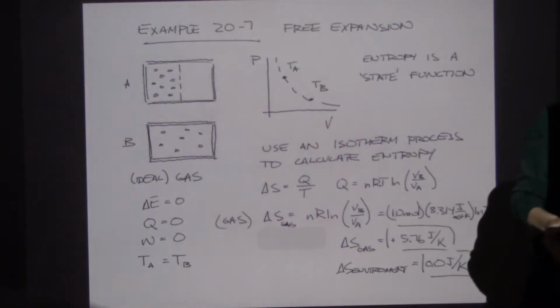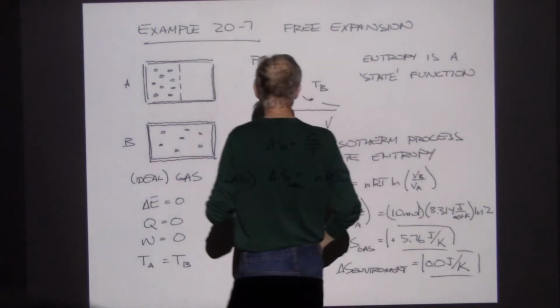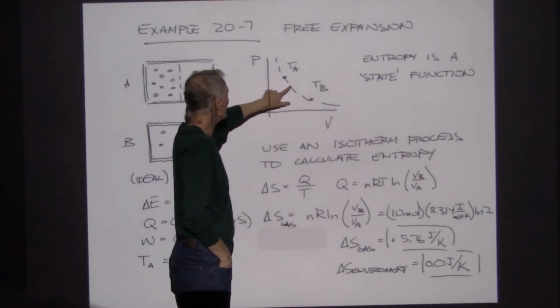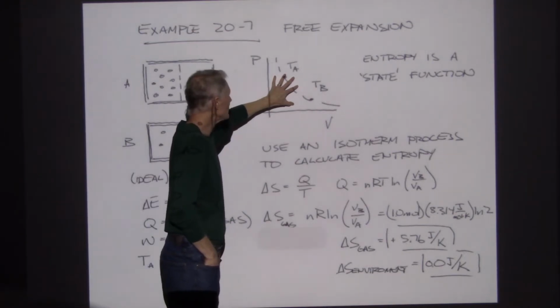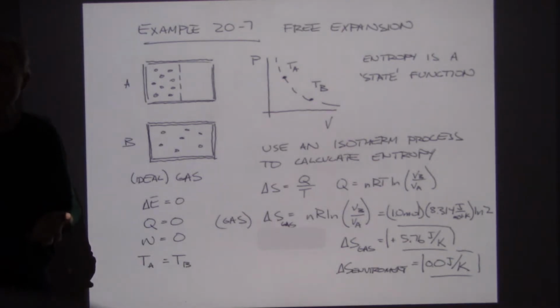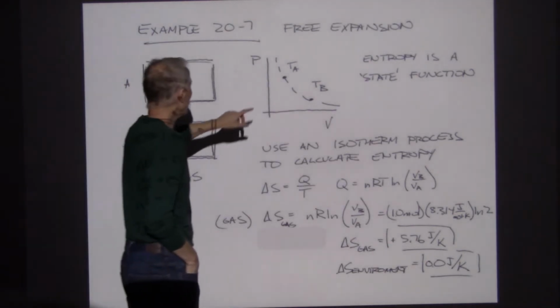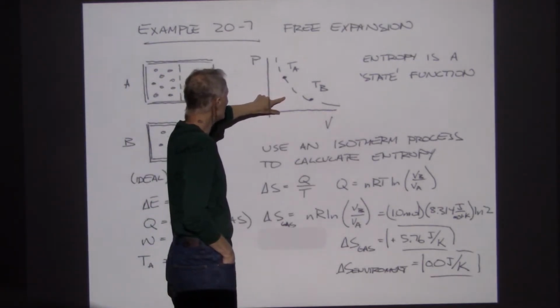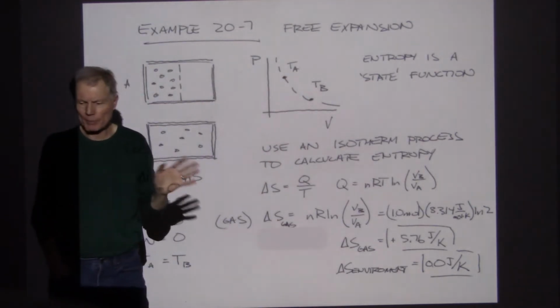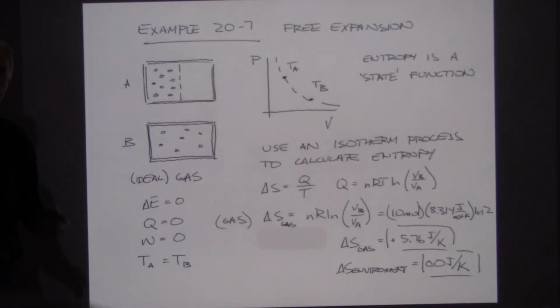So this has a well-defined temperature, and this has a well-defined temperature, these two pictures, but there's no well-defined path in between. Since entropy is a state function, I can imagine a path connecting these, calculate the entropy change for that, and then say it doesn't matter how I got from point A to point B. As far as entropy is concerned, any path will give me the same result. If I first lowered the pressure and then increased the volume, or if I follow an isotherm, whichever path from A to B, whether it's a free expansion,